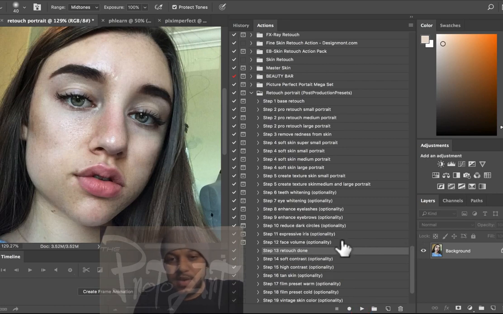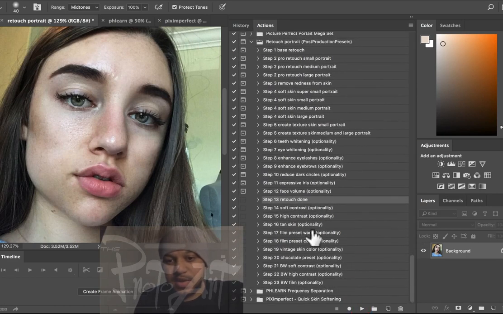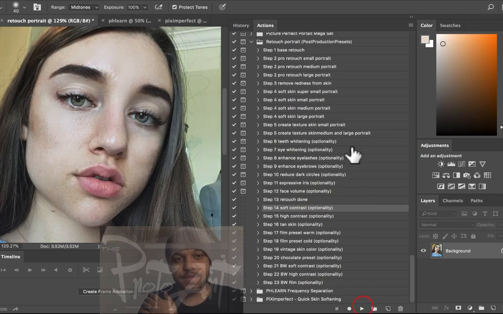Okay, and then they have a few more options to add overall effects on it. You can add a black and white image, a few more, what is this, vintage film presets. Let's see, what's this, tan skin. I'm just gonna say soft contrast. Alright,